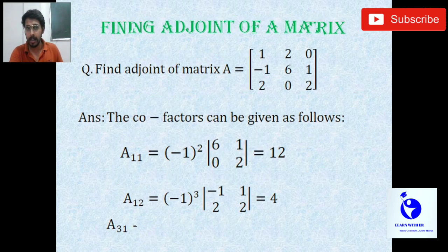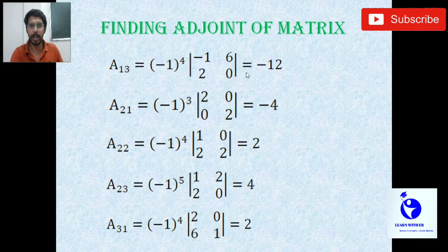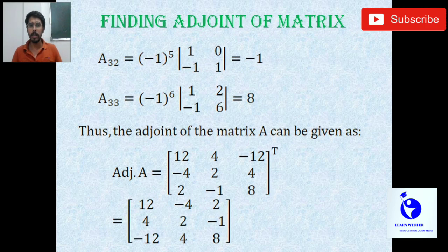So let me quickly recap what we did. First of all, we found out the cofactors of every single element, starting from this element till this element, and we jotted down all the cofactors into a matrix, which is the newly formed matrix. Now we have transposed the matrix, and for transposing we just converted the rows into the respective columns. That means the first row becomes the first column, the second row becomes the second column, and the third row becomes the third column. So like this we have finally found the adjoint of this matrix.